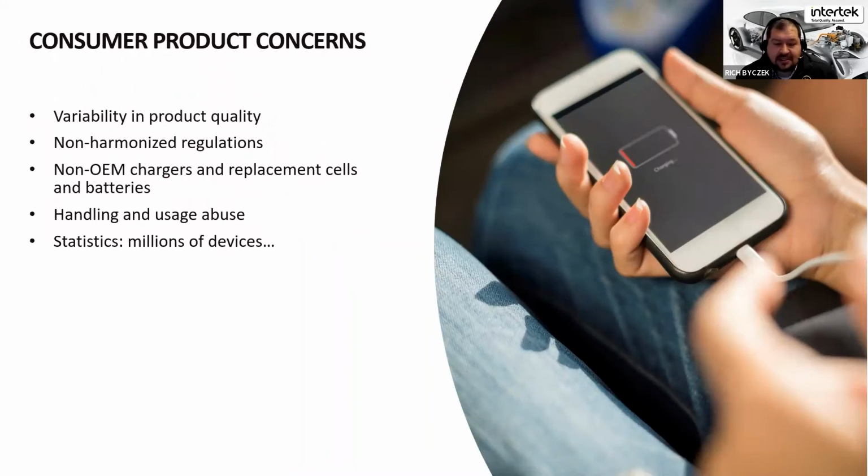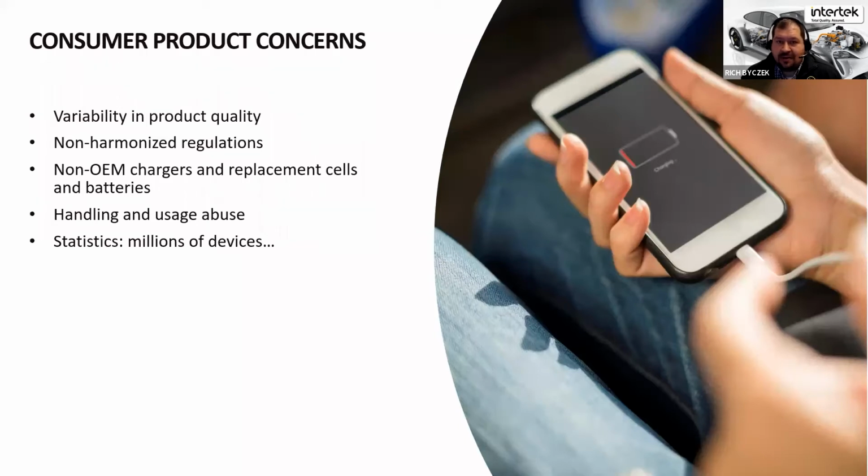Consumer product concerns. Again, we're talking mostly electric vehicles here today, but understand there's a significant volume of batteries out there in the consumer product space. Many of them are built to different regulations, non-harmonized. I mentioned IEC standards, UL standards, et cetera. So even if they are following good practices from a quality system, maybe they don't know the nuances of a lithium-ion battery versus previous chemistries that were used in their products, or they're not following just general best practices for batteries because it's new to that manufacturer.